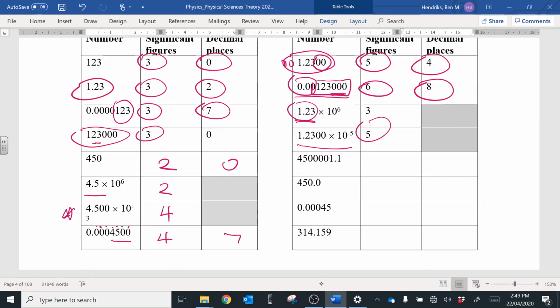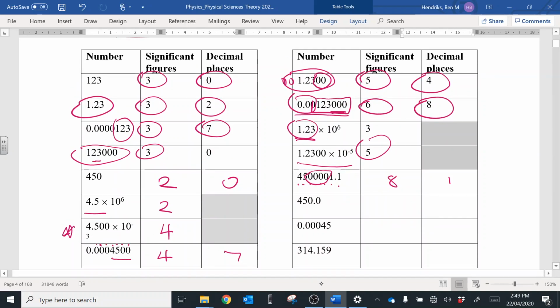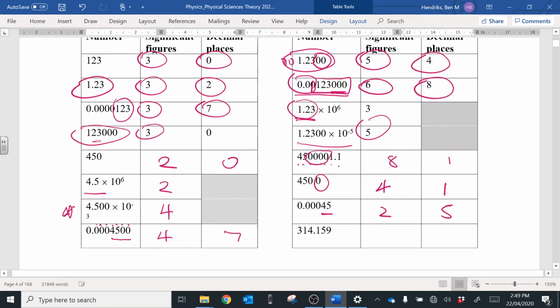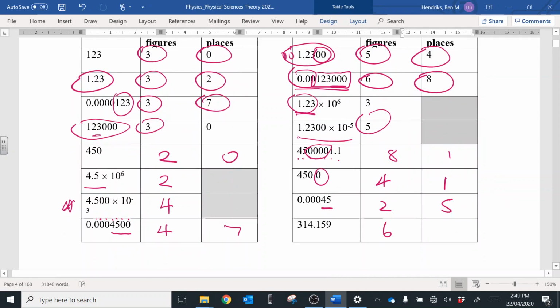This one here, this one's an interesting one. So we've got how many numbers? First of all, 1, 2, 3, 4, 5, 6, 7, 8. Okay, because these zeros are all within other numbers, and these are significant, so we've actually got all 8 of those are going to be significant figures and 1 decimal place. Here, because this 0 has been included after the decimal place, we've got 4 significant figures with 1 decimal place. Here we have 2 significant figures and we have 5 decimal places. And here we have 6 significant figures and 3 decimal